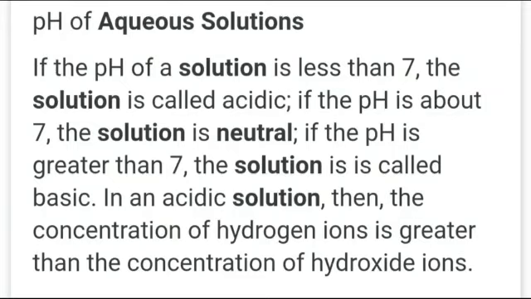If the pH of a solution is less than 7, the solution is called an acidic solution. If the pH is 7, the solution is called a neutral solution, and if the pH is greater than 7, the solution is called a basic solution. In an acidic solution, the concentration of hydrogen ion is greater than the concentration of OH- ion, and in